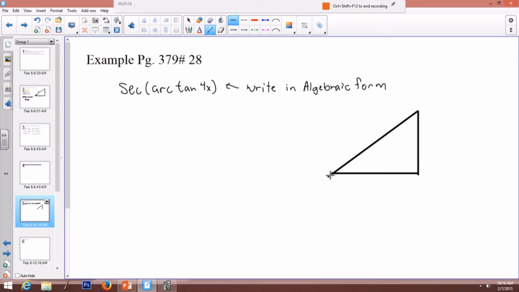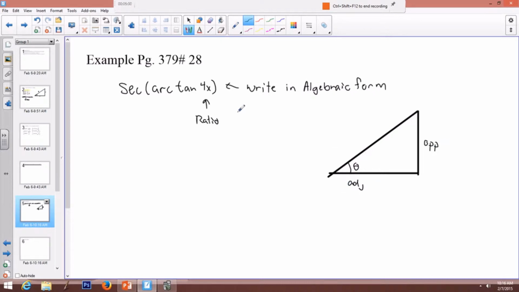It says, well, take the ratio of the opposite side to the adjacent side, and it will give you some angle measure. So essentially what it's saying is that this 4x is the ratio of the opposite side to the